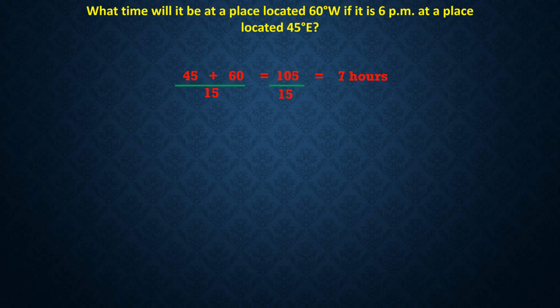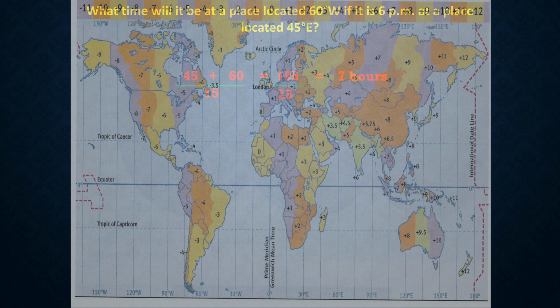So it means, therefore, class, that we're losing time if we're moving in a westerly direction. So if we're losing time, what should we do in this case? Should we add or should we subtract the hours from the time that we already have? Well, if we're going west, we're losing time. Therefore, we subtract. Hence, we say,